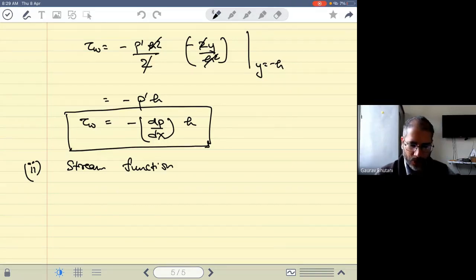So the first question is, does the stream function exist? The condition for the existence of the stream function is that, one, the flow should be two-dimensional, which is the case here, it's a 2D flow, and the other, the continuity equation has to be satisfied. And this is an incompressible flow where the continuity equation is satisfied. So that means that a stream function exists.